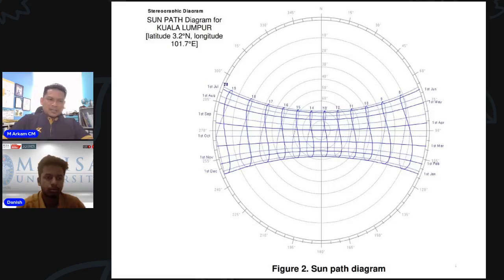So our sun does not come from the exact same point every day. We need to know this very, very well. That is why our shadow is different based on the sun positioning, and the sun positioning is fixed through this kind of path. So coming from, for example, January here, go to here.